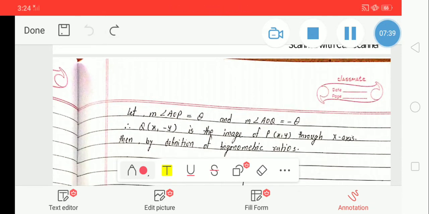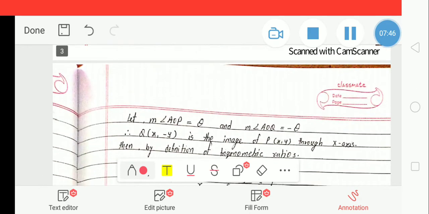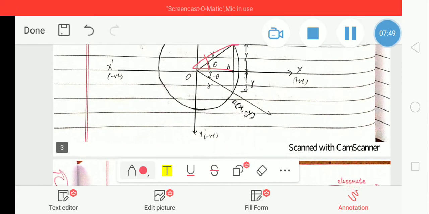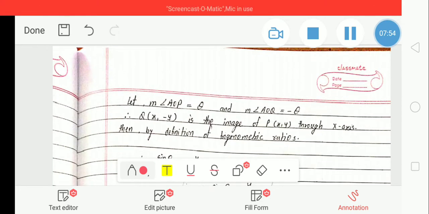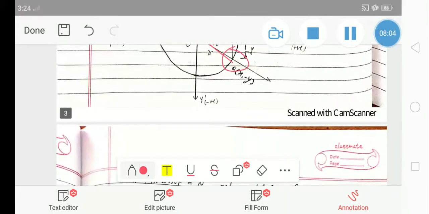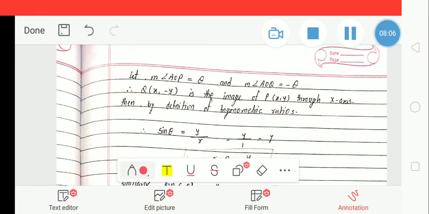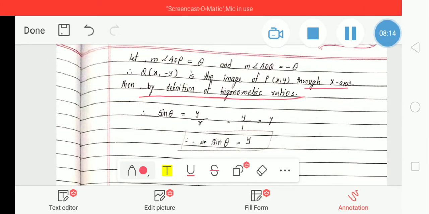Let measure of angle AOP be theta, so AOP is theta, and AOQ is minus theta. You know that. When point Q is (x, minus y), this is the image of P(x, y) through the x axis. Then by the definition of trigonometric ratio, sin theta is equal to y